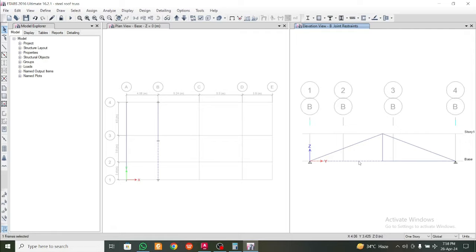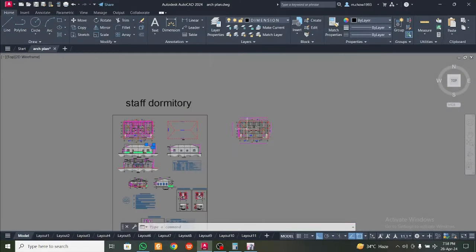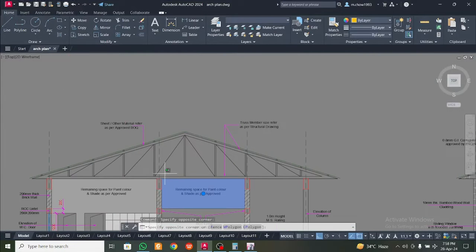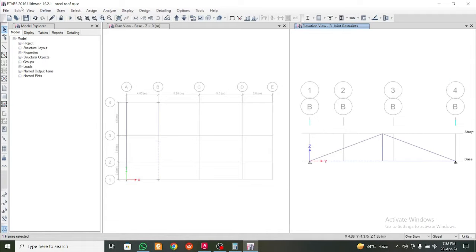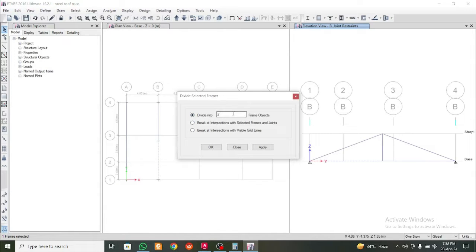Okay, so now select this and go to edit and go to edit frames, and we divide this. So we have to decide now how many members we'll put here. So let's see what the architect has planned here. So architect has actually divided this into 1 2 3 4 and 5. I think 5 is max, too much, so I'll go with 4 divisions. So I will end up with 3 members here. So we'll go to edit frames and divide frames, and divide into 3 parts, sorry 4 parts,